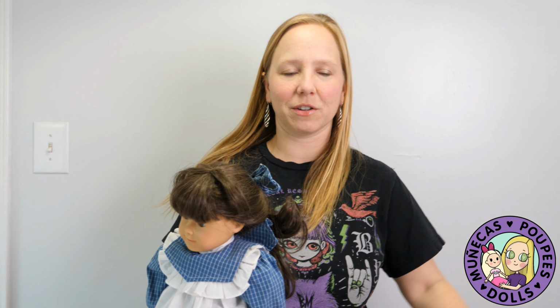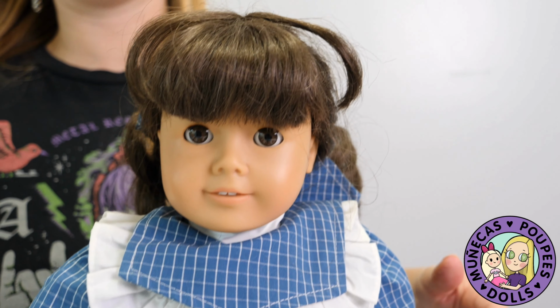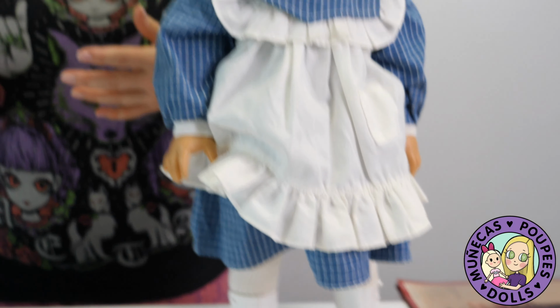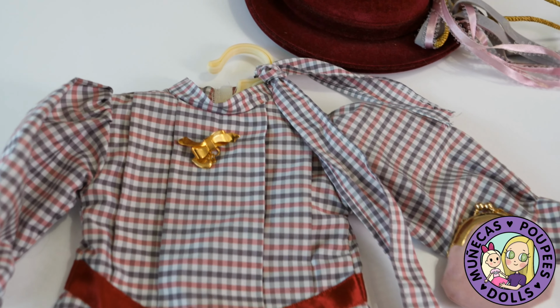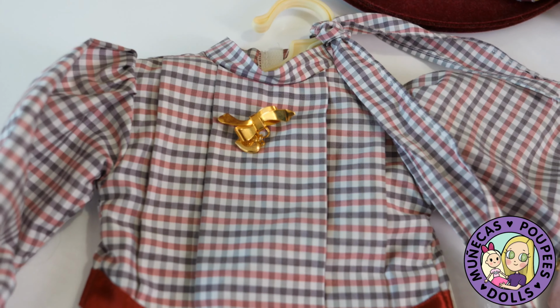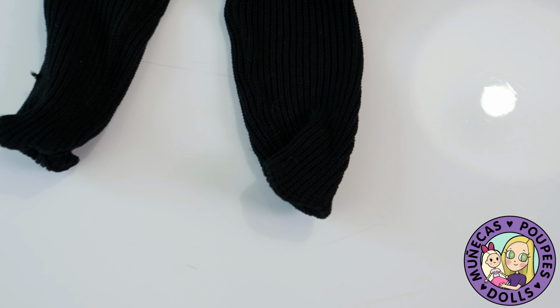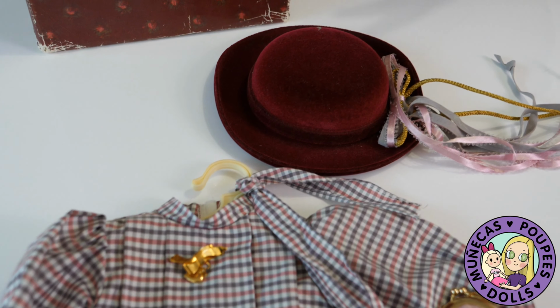But I'm gonna go through now and show you guys all of the stuff that I have for Samantha. Samantha is another doll. I did not get any of this stuff in childhood except for the doll herself with the basic outfit. So let's move on to her Meet outfit. Her Meet outfit had this purplish, pinkish gingham dress, and it came with black stockings and a pair of black shoes. Now the black shoes I've misplaced somewhere. Her and Molly came with the exact same pair of shoes, and so I think I put them both in